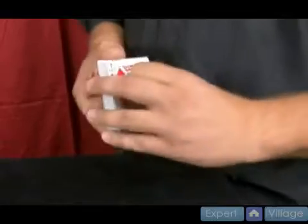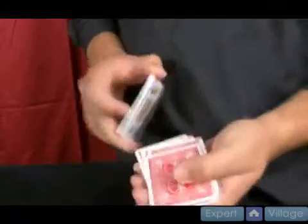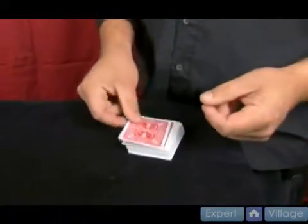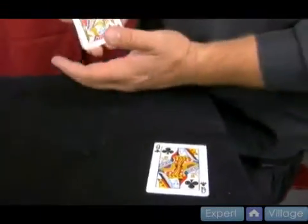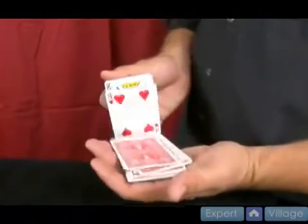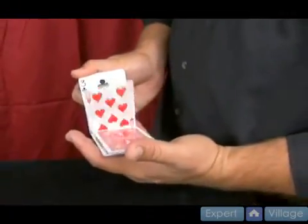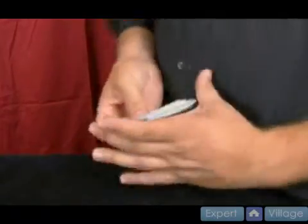So they say stop, there's a Queen of Clubs, okay? Then we can give a little snap like this. And if you want, you can flip through the deck again and show them that the Queen of Clubs is gone. There's actually a Queen of Spades in there, right there, but the Queen of Clubs is gone,